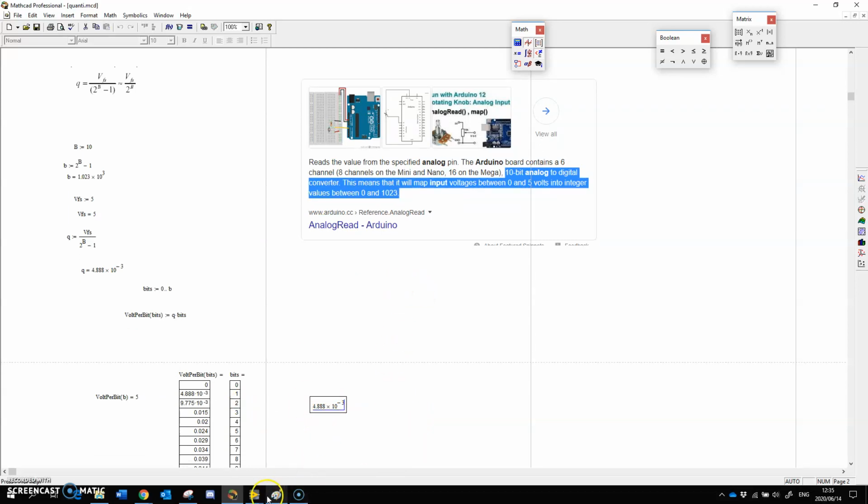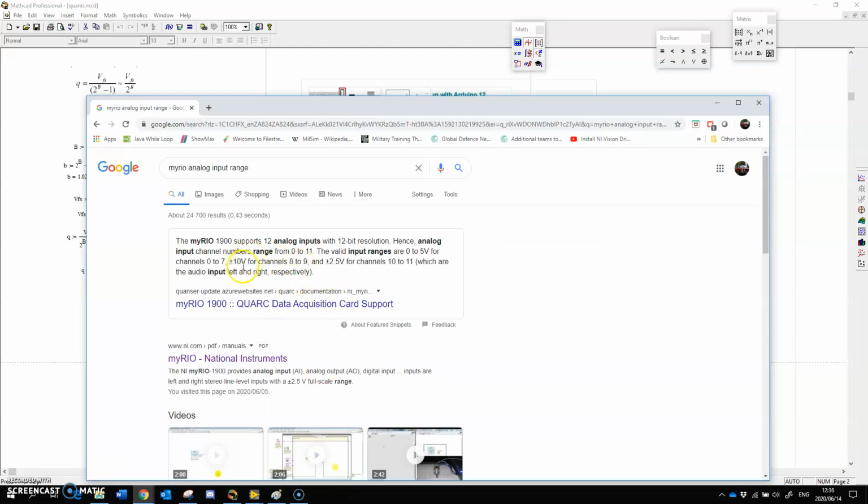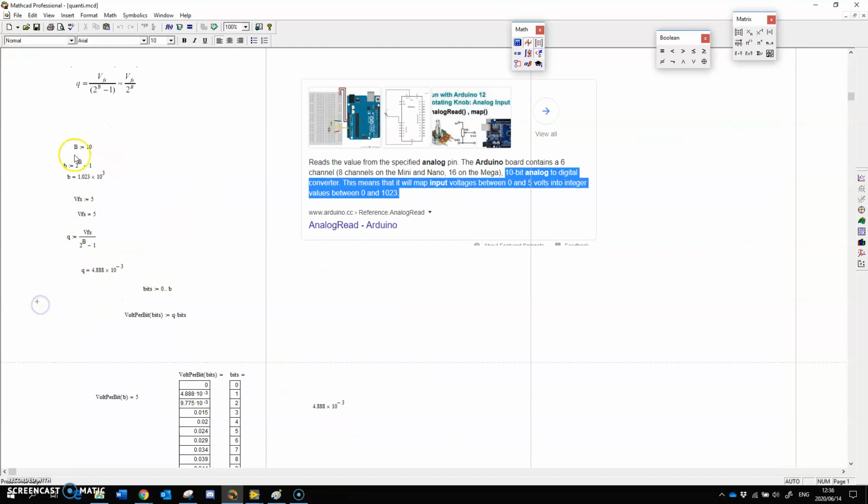So again, every increment of that voltage would be a next value that it actually can record. If we look at the myRIO, it has got a 12-bit range, and the input range is also from 0 to 5 volt for the first part. So 12 bits. So let's see what difference that will make. So instead of 10 bits, it's 12. It's still 0.5. If I do the equation now, can you see that it's a much smaller resolution? So the step size,